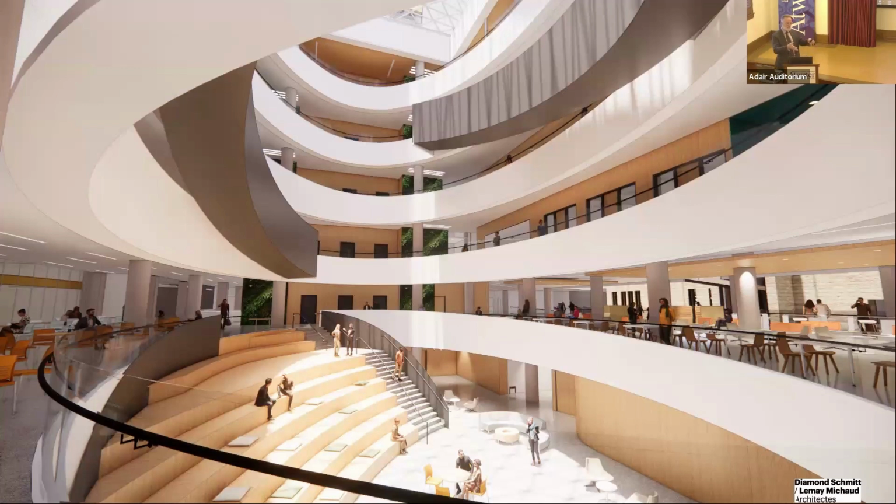In addition to that, we look at this center place that is fully lit up by the atrium. This is also an informal space. As you look at the stairs, people can mill about, have discussions. You can see from the side, people can walk by, or it can be changed into an event space, a teaching space. So we're thinking about how do we use this space in a more constructive way? It's a large space, but with the right light, with the right furniture, with the right design, which we feel that we've got from Diamond Schmidt Le Michaud, we can create a space that allows for that interdisciplinary and transdisciplinary